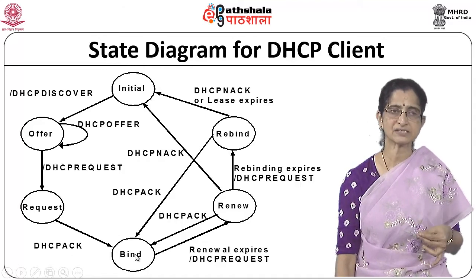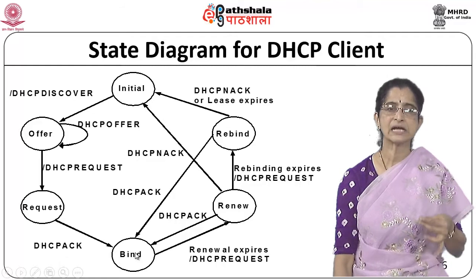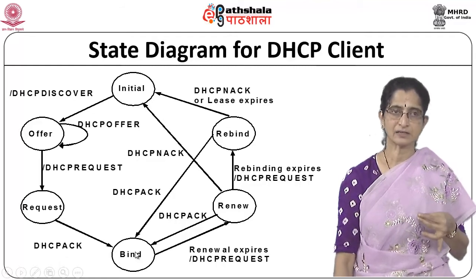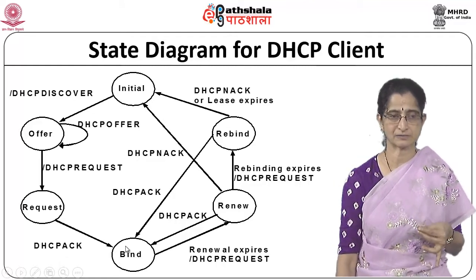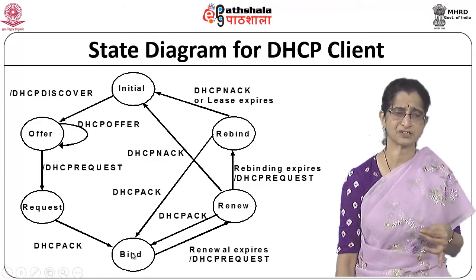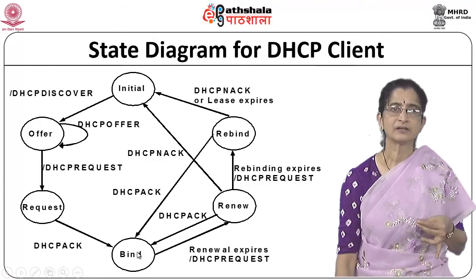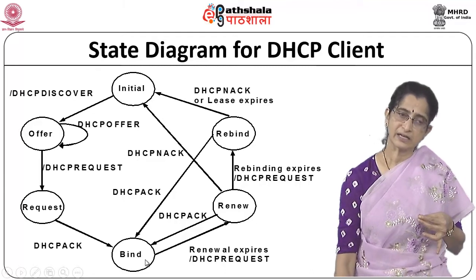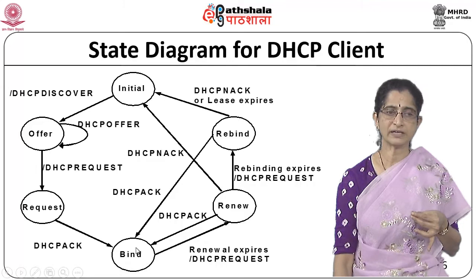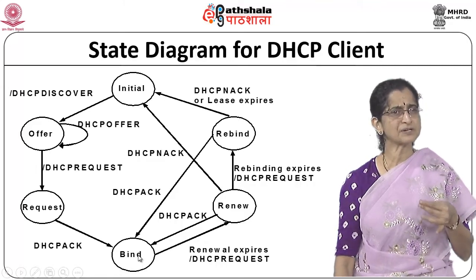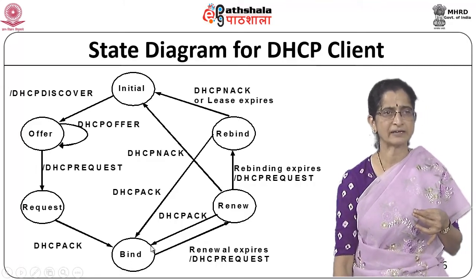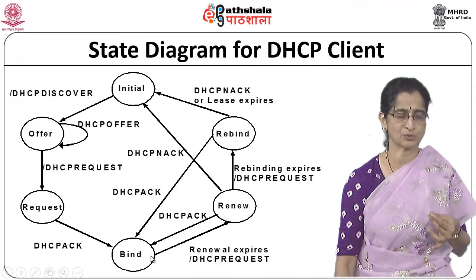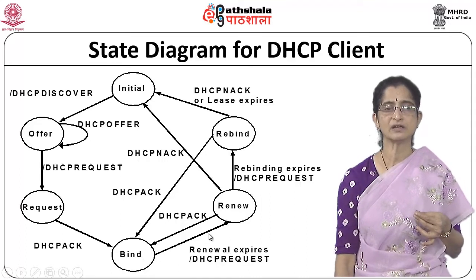On receiving a DHCP ACK from the server, it now goes into a bind state. In the bind state, it has got its IP address, and that particular IP address is now assigned to it. It continues to remain in the state for whatever period of time the lease has been given. In addition to that, at about some percentage of the entire lease period, say about 75% or whatever, it will send out a renewal request.